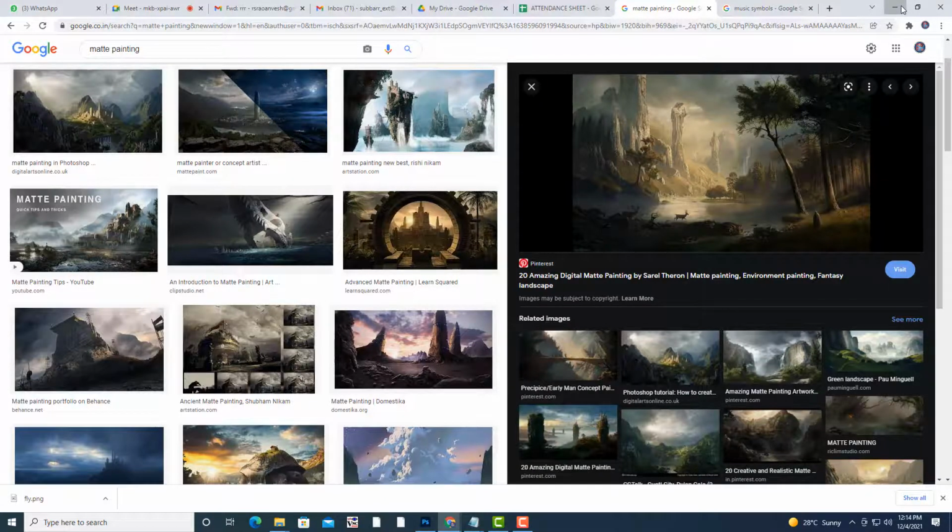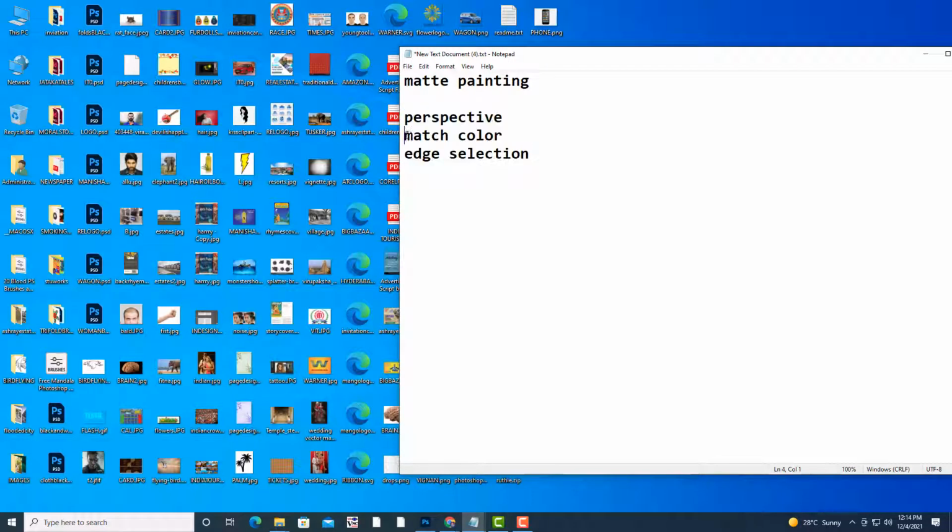Second rule is match color. When you take images from different sources and combine them together, they should appear as if they are part of a single image. We should show everyone that these images are actually part of a single image.